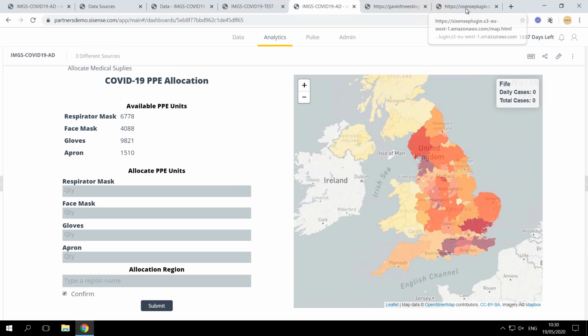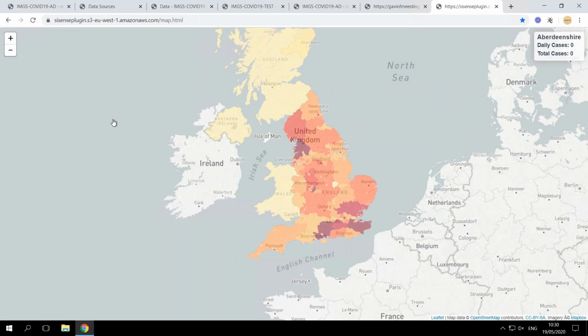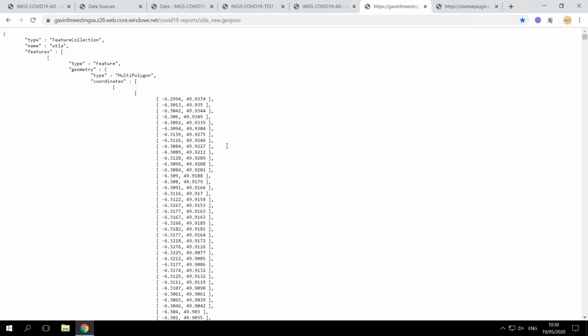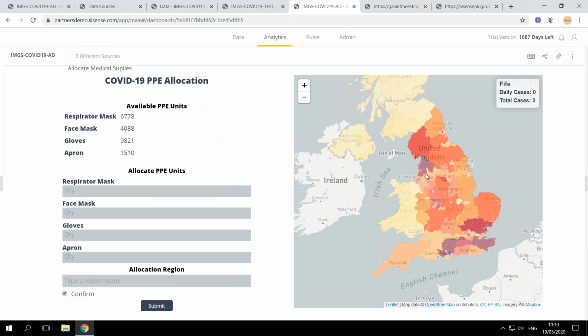So if I could show you without embedding, that's what it looks like. This is the static page with the data layer on top of it, which is hosted in my S3 bucket, and the data layer basically is on Azure, and it's a GeoJSON file. All of this we are able to get into blocks using an iframe, and not only that,